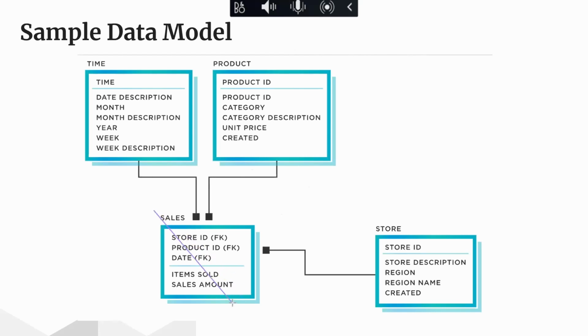This table right here is a fact table. These ones are dimensions. So we're going to talk about the difference between facts and dimensions. I think I've already explained it to you, but now you're going to have a name for it and keep it in your mind each time you're building your data model. So let's go there.